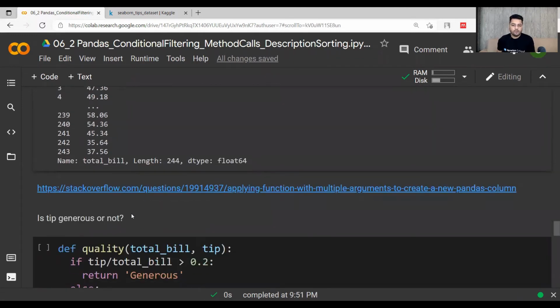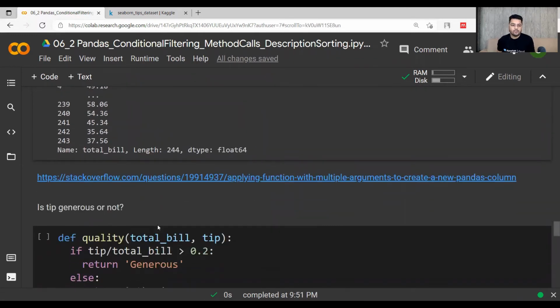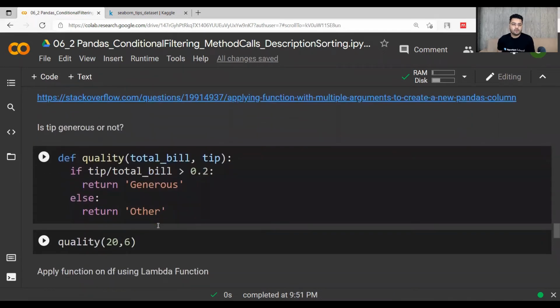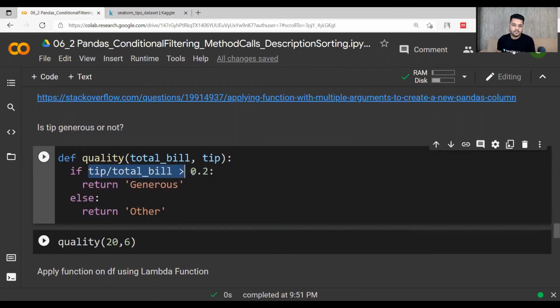If you want to do it for multiple arguments, let's say that I want to add one new column in which I write whether my tip was generous or not, right? Whatever tip was given to the waiter, let the simple rule be that if it is greater than 20% of the bill, then it is a generous tip, otherwise it is not.